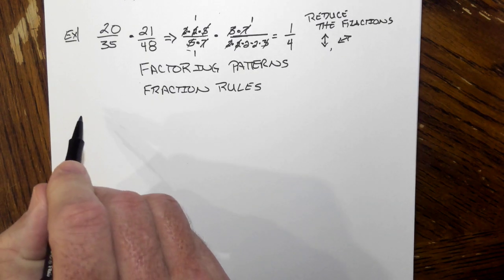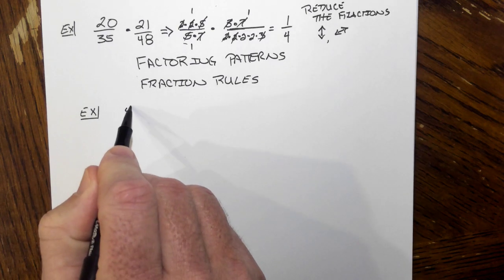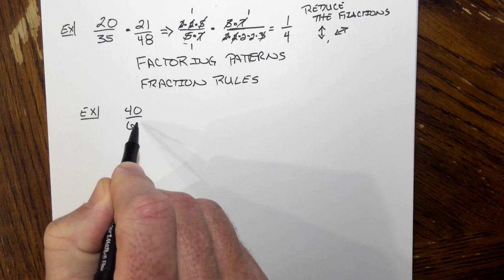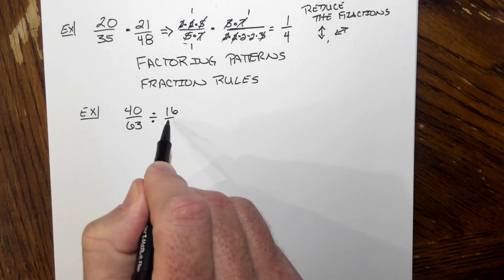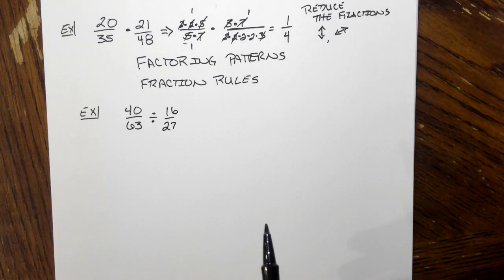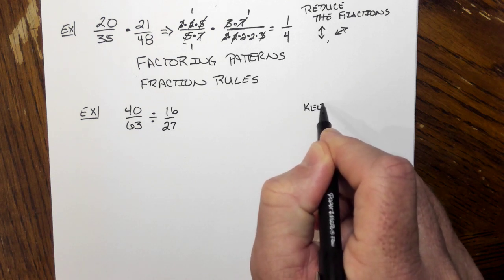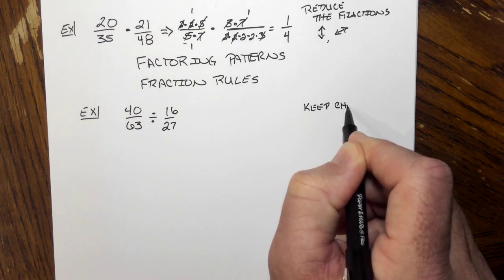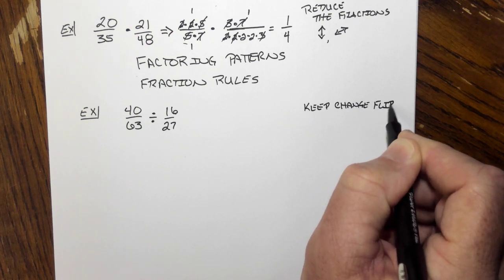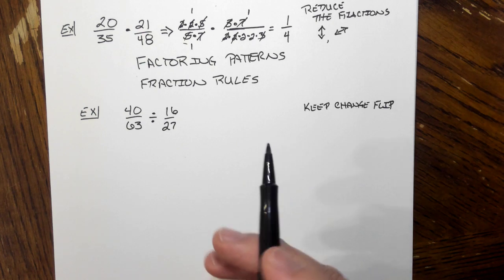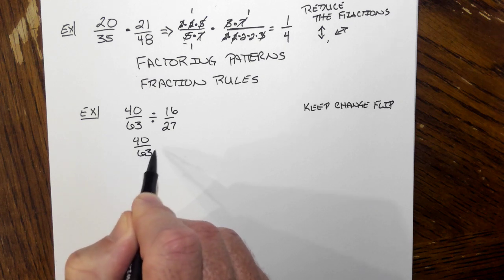So another example, again, going back to just the good old days of fractions. We had 40 over 63, divided by 16/27. We all know the golden rule of keep, change, flip. Or multiply by the reciprocal. So we keep 40 over 63 times